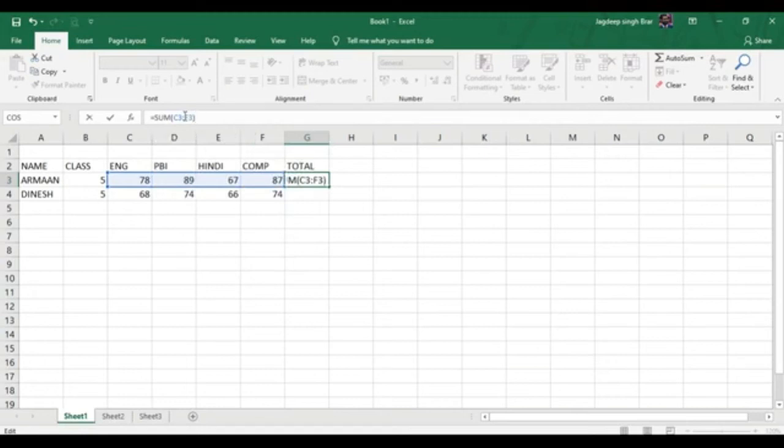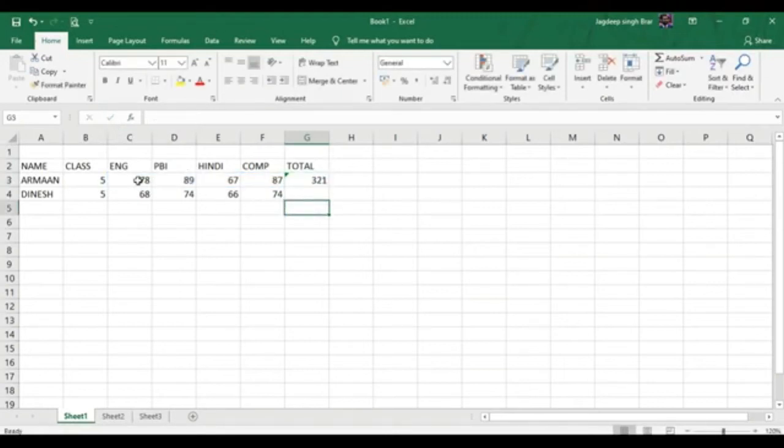As we type this formula and click on the enter button, it will be applied. It will get the total of the values from this cell to this cell. We changed the class into Roman letters, so it's easy for us. So here is the total of Arman's marks, that is 321. This is the total of Dinesh's marks, which is 282.